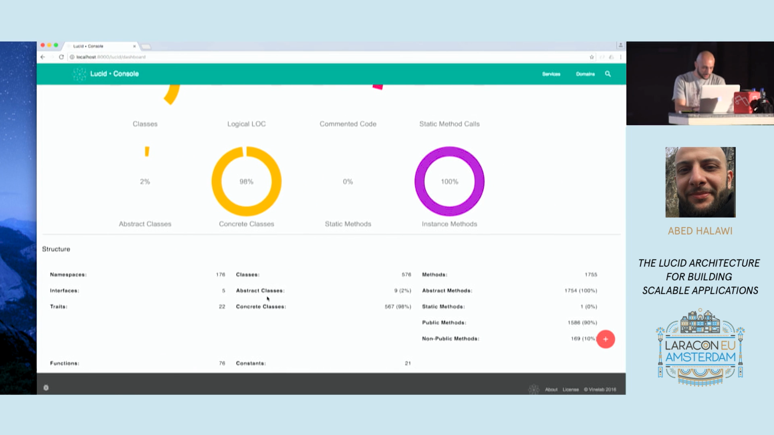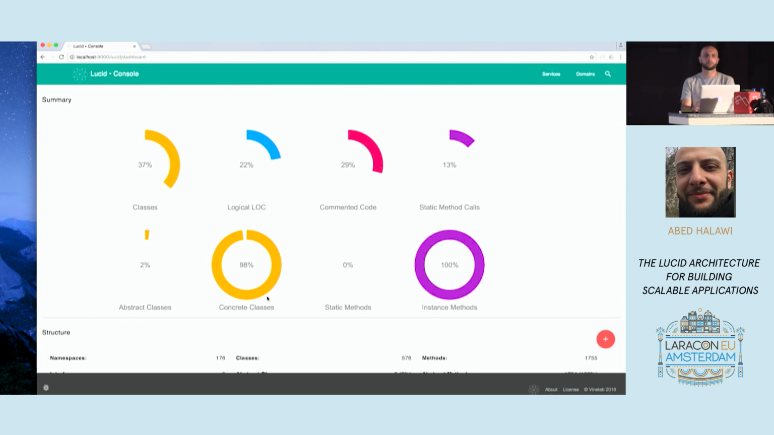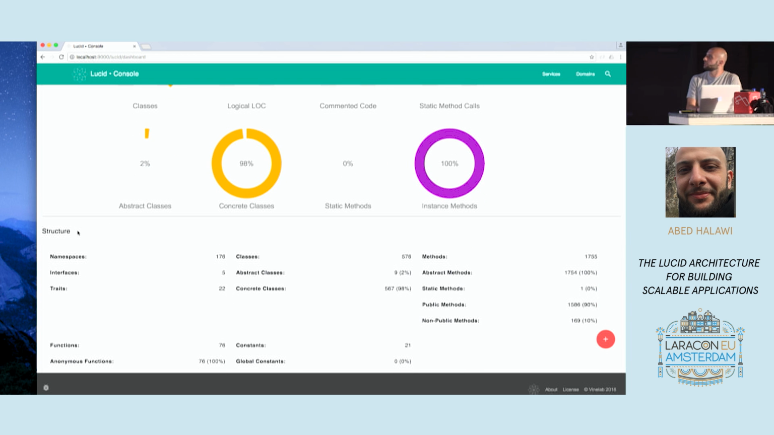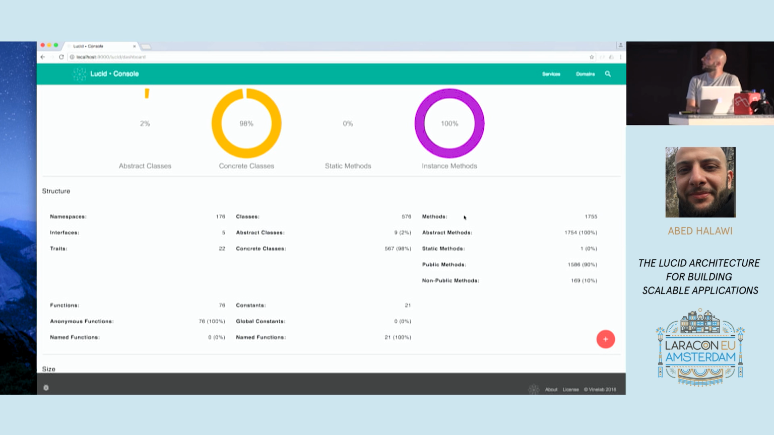Since Lucid is all about performance and the way your code is structured and what is inside your code, it ships with this kind of insights dashboard that would tell you about your code and how it looks. For example, it would tell you how much commented code you have and the logical lines of code in your application. It will tell you about the structure of your application, how many classes you have, how many abstract and concrete, the methods and how you're calling them, static, public, and non-public,